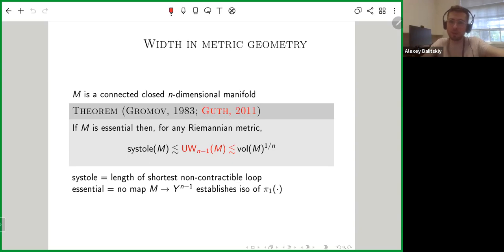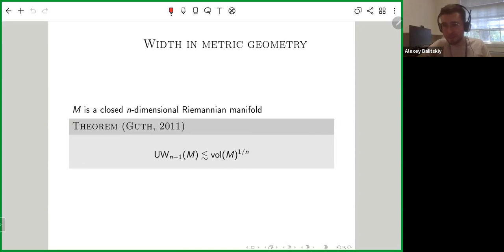So it was understood already by Gromov that the systole, the length of the shortest non-contractible loop, can be bounded in terms of the codimension one width of the manifold. But he posed it as an open question whether the width is bounded by the nth root of the volume. And this was proven by Larry much later, 30 years. So yeah, so